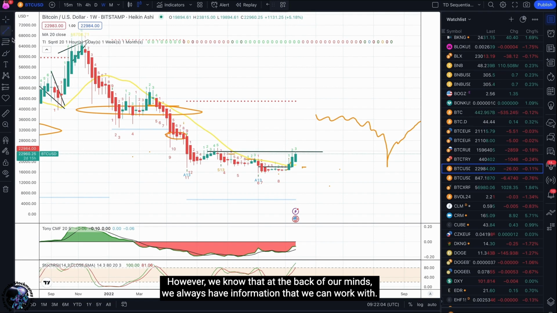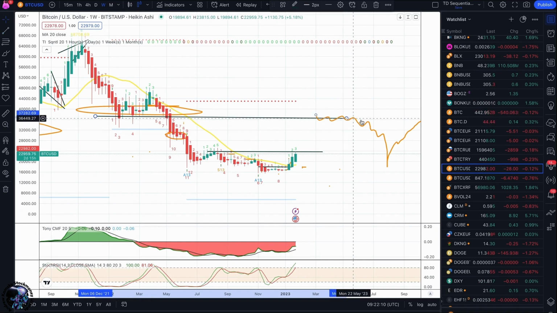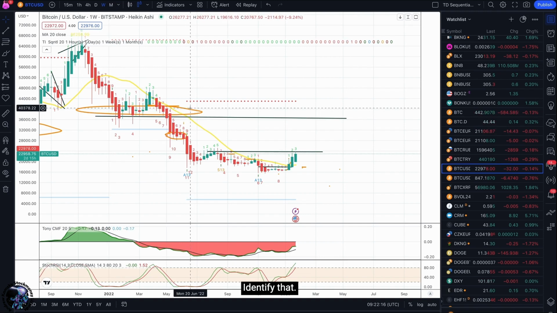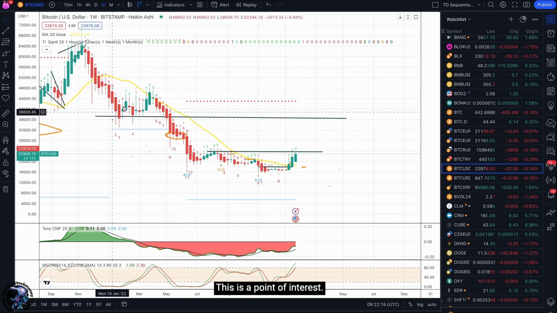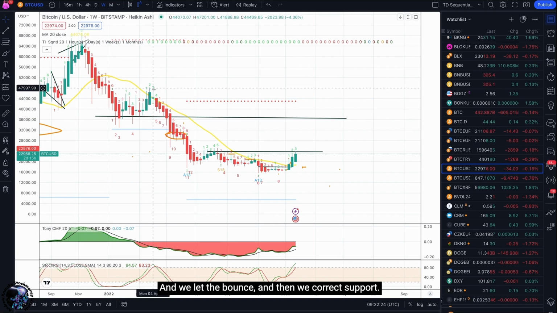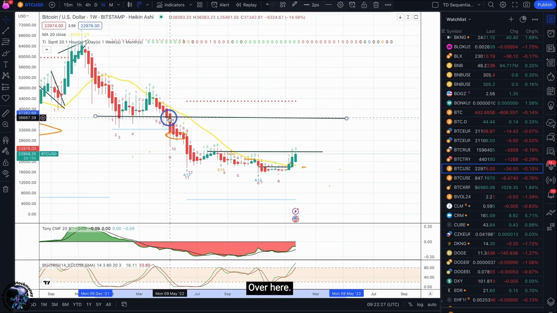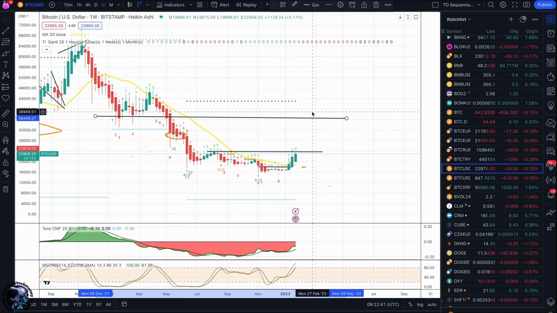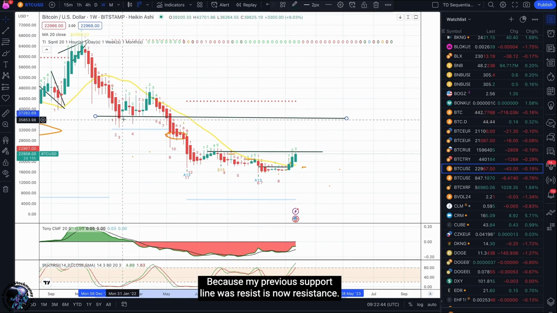However, we know that at the back of our minds, we always have information that we can work with. If I just identify that this is a point of interest, this was previous support. Why? Because we got a bounce, and then we cracked support over here, and now it's a resistance line. And now it went down. And so for me, what I think is likely to happen is, because the Tom DeMark is telling me we have some more upside to go, and because my previous support line is now resistance,